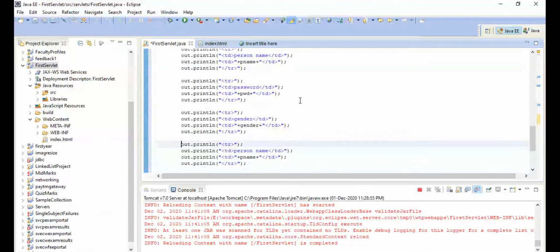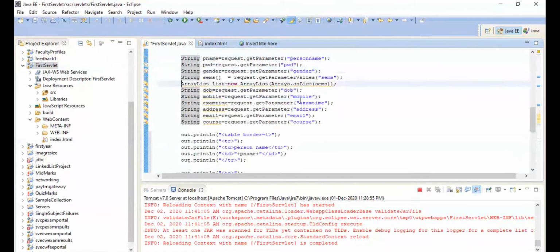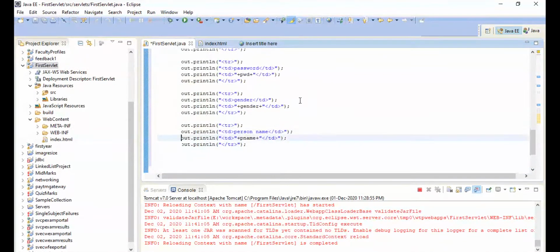Next one is sems studied. sems dot toString, so then the array list is converted into a string and displayed in the column.